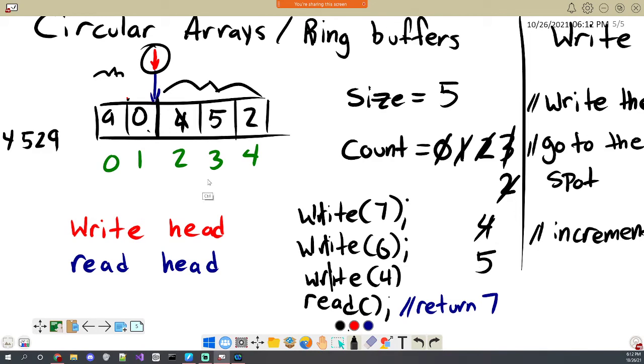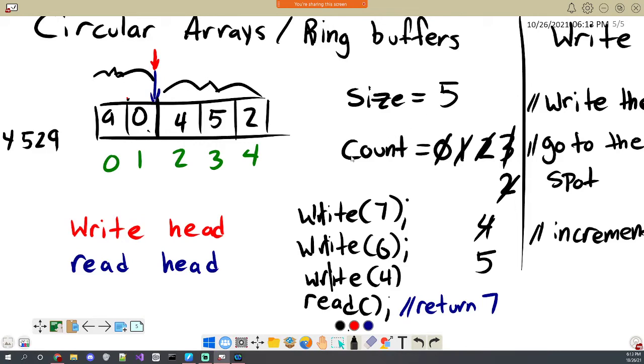So what I would argue to do, and what I think the assignment wants you to do as well, is to avoid them overlapping. In other words, you should check if the array is completely full, and if so, don't do any writes, because you're going to overwrite your important data and move the pointer to somewhere it shouldn't be. That's why I've added this count variable, to make your life a little easier: you can check if the count is equal to the size, then you know it's completely full. There's a full and an empty variable as well that you can use, but I would suggest checking the size and the count.